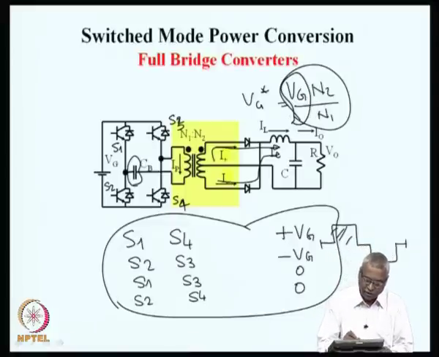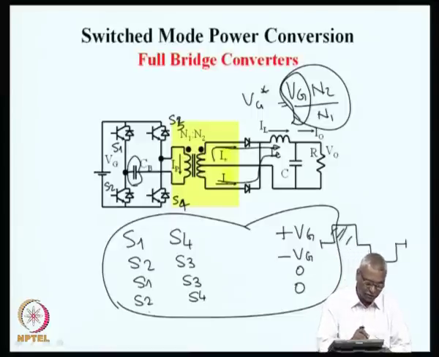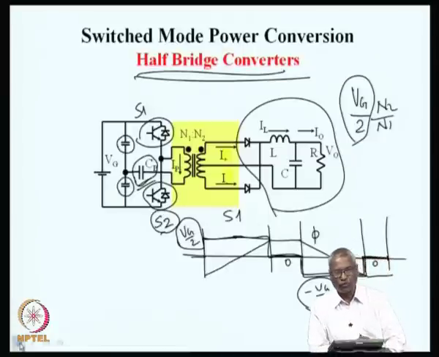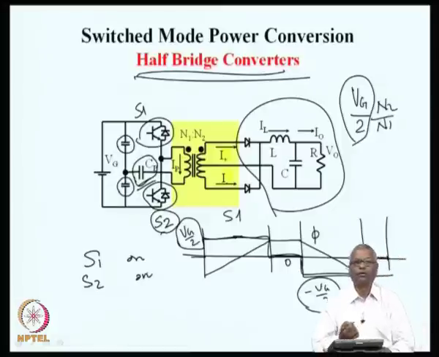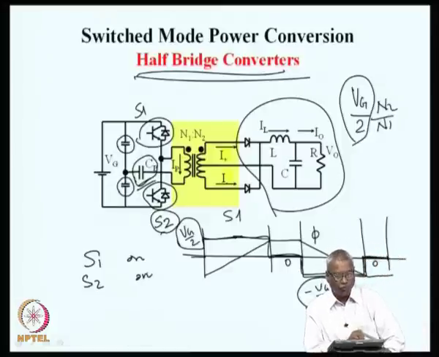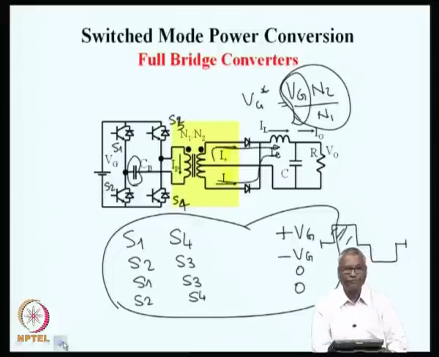And in the full bridge, all the switches S1 to S4 are defined at every point, and at least 2 of them conduct at every instant, whereas in half bridge we have regions where both of them do not conduct. Either S1 is on or S2 is on. We do not have conditions where both S1 and S2 are on, because that will give rise to a short circuit of the source. So, there is a region where S1 and S2 both are off.